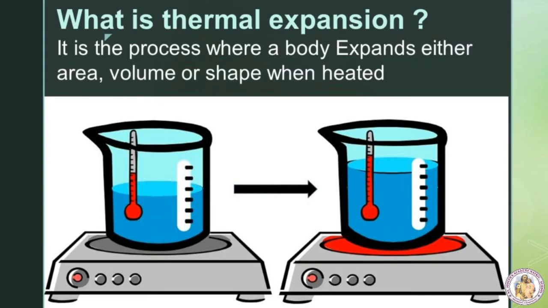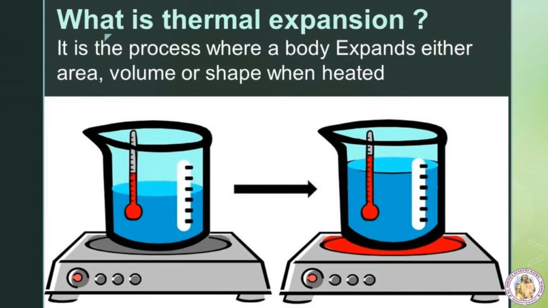What is thermal expansion? When heat energy is supplied to a body, there can be an increase in dimension of the object. This change in the dimension due to rise in temperature is called thermal expansion of the object. The expansion of liquids, for example mercury, can be seen when a thermometer is placed in warm water.